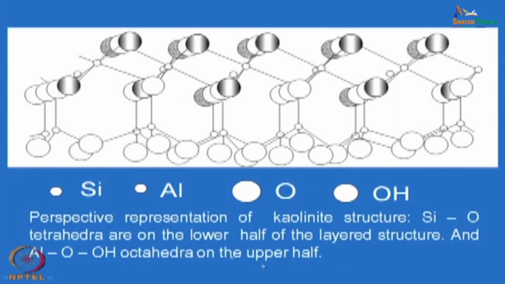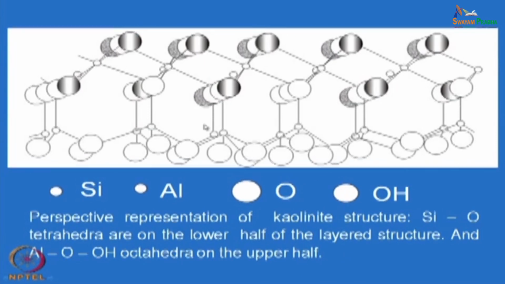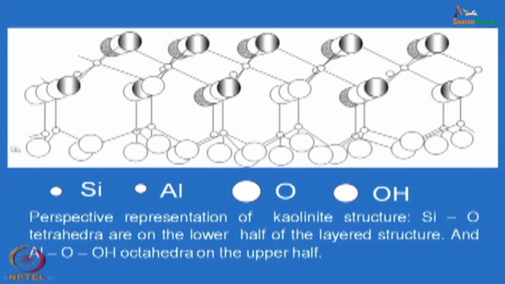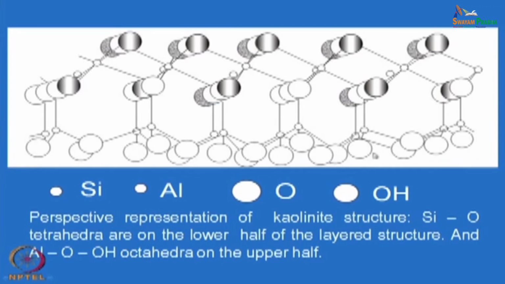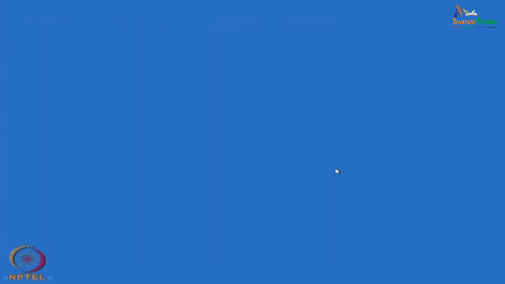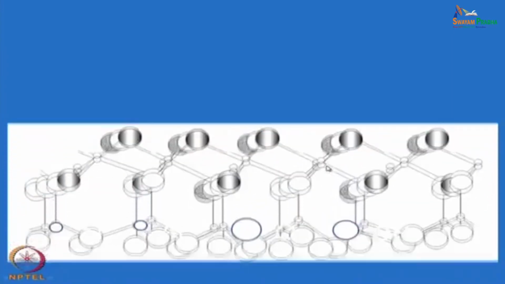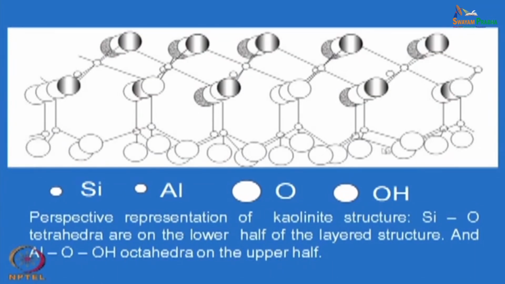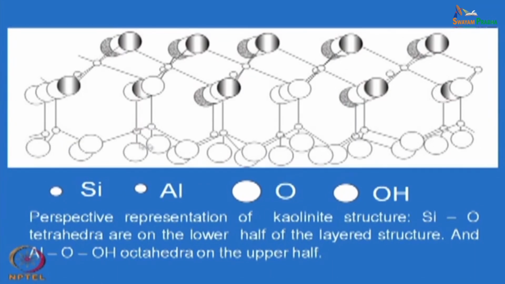So, this has a very important structure and it has been studied quite in detail. The basic description is like this: it is a sheet structure. So, we have a sheet here, along the vertical direction, this is not the horizontal thing. Earlier we have seen a kind of planar configuration, we were seeing from the top. So, this looks like this, but if we are looking from the side, it will look like this. It is like the civil engineering terminology, elevation. So, this is the sheet,